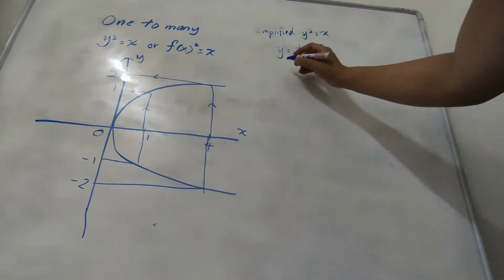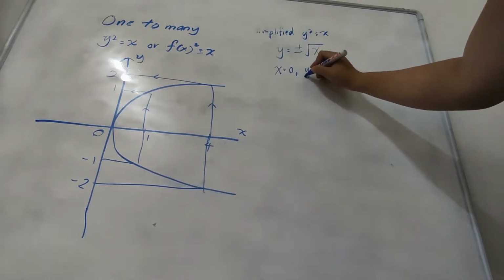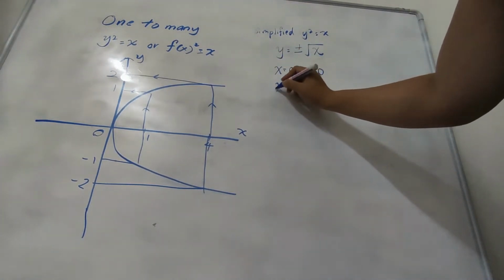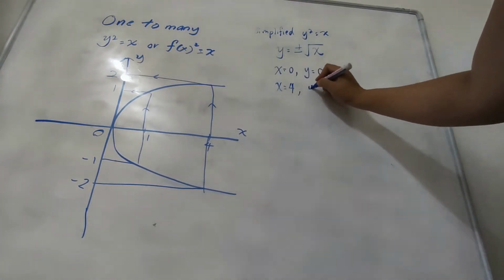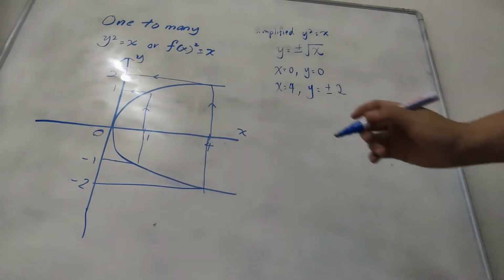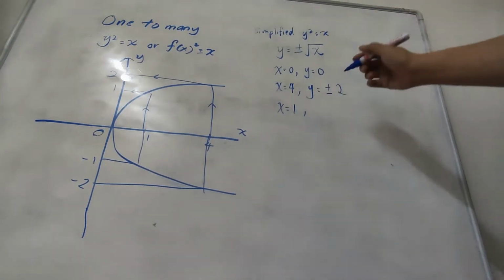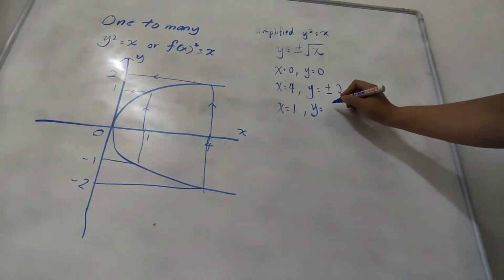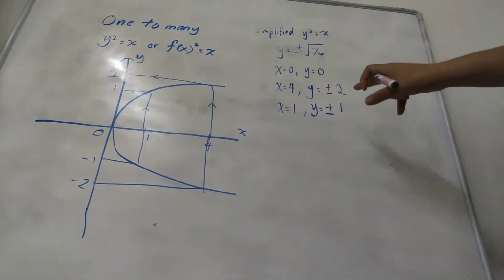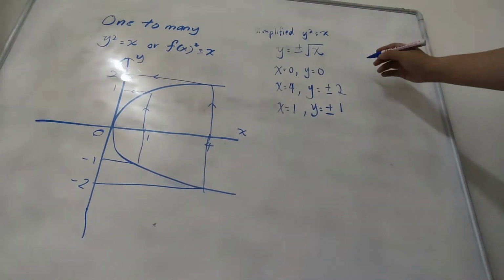Let's say x equals 0, then y equals 0 also. And when x equals 4, then y equals plus and minus 2. And when x equals 1, then y equals plus and minus 1 after you square root it. So the set of numbers can be written in this way: